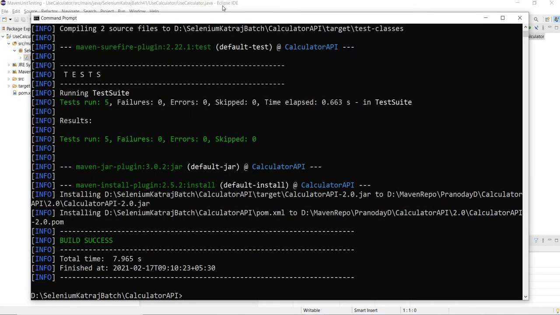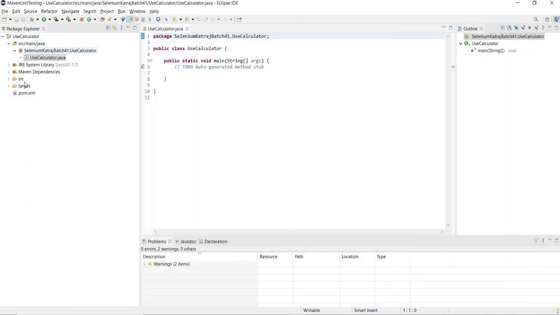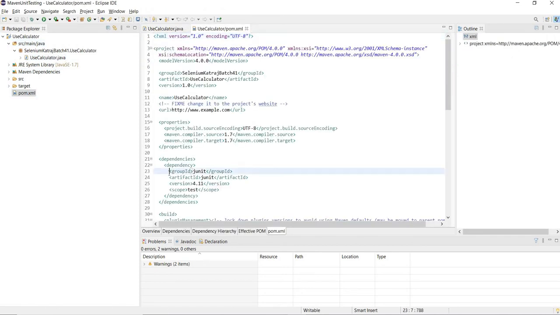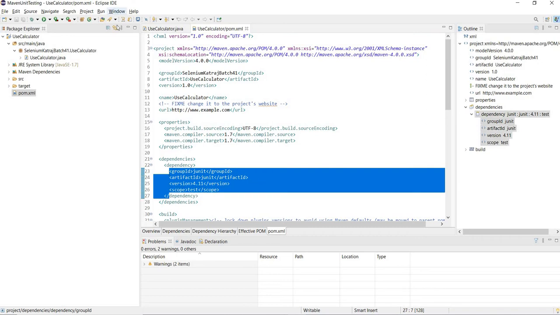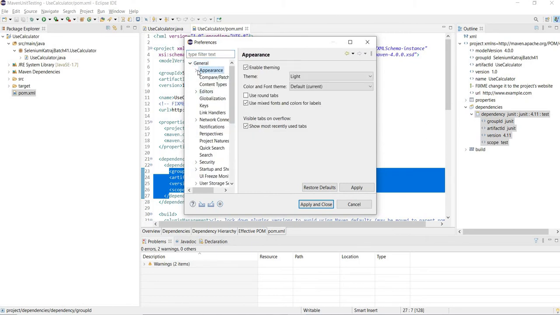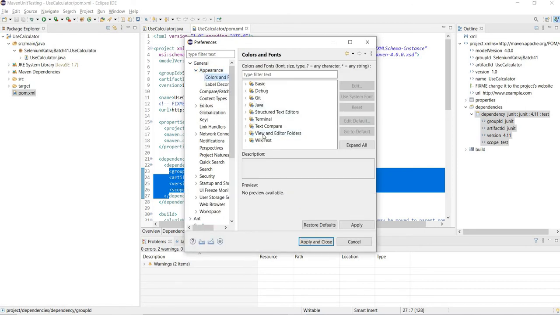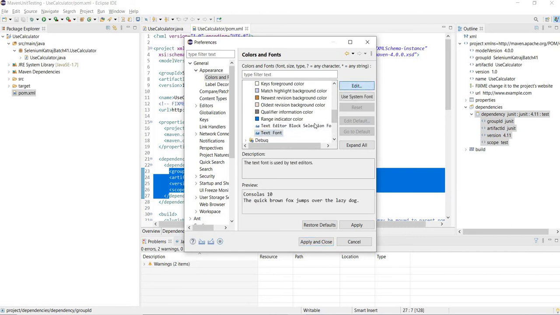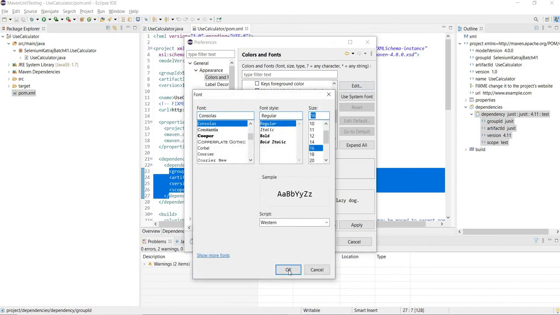Now we are going to use it in this project. So for using it, in this project's POM XML we will refer to it here. I'll just increase the font here: Window, Preferences, General, Appearance. In that Appearance, Colors and Fonts, and here I will go for Basic, and I'll change the text font. So Text Font, Edit, and I will just increase it. Okay,